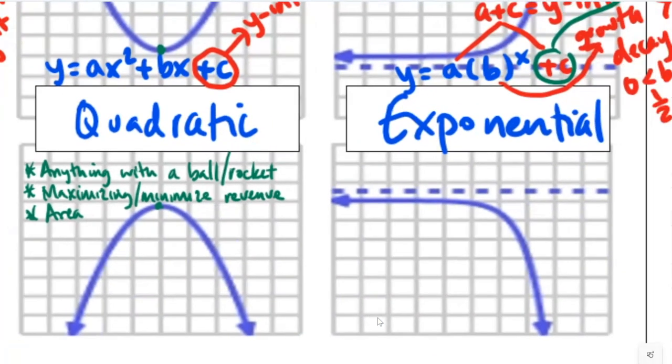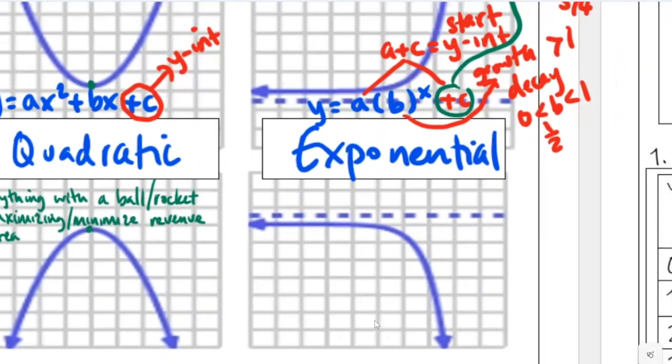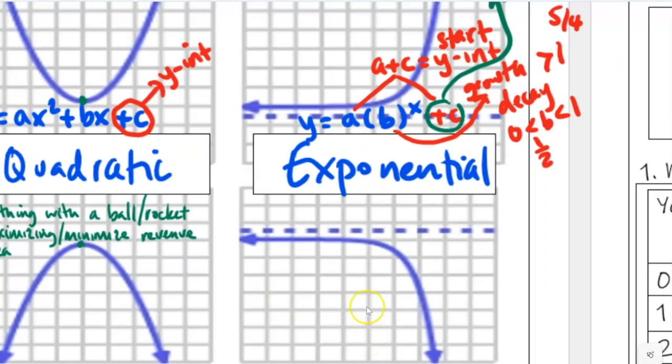All right, then finally, for exponential, now we just did this unit, so it should be really fresh in your mind, but I'm still going to remind you. Anything that grows exponentially, like it starts off real small, then it boom, really goes, or it decays. So you're looking for anything that grows / decays